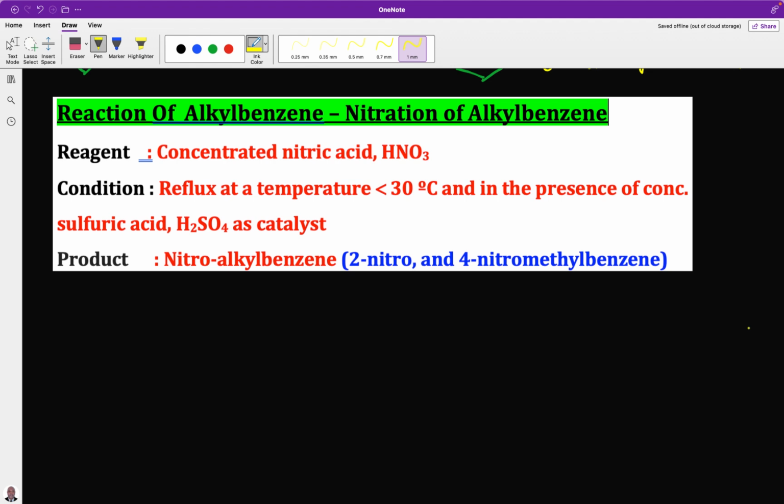The methyl group is 2,4 directing. Just as I said, they help to increase the electron density in the ring, and in that case, they activate the ring and initiate electrophilic attack at the 2,4,6 position. So when a concentrated nitric acid is mixed with concentrated sulfuric acid and reflux at a temperature less than 30 degrees Celsius, we will have